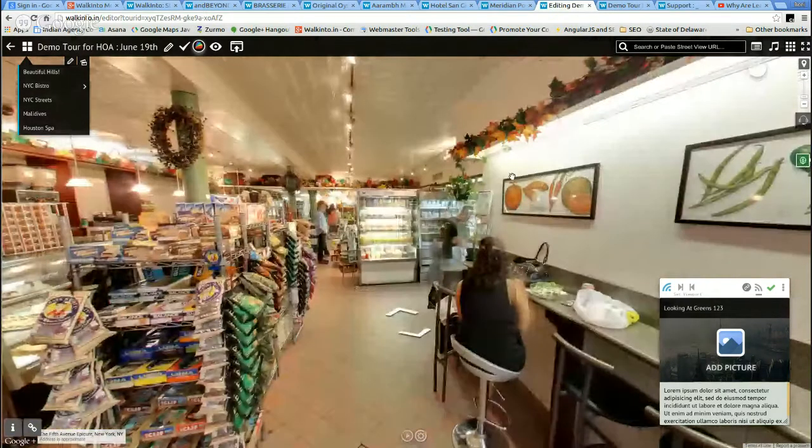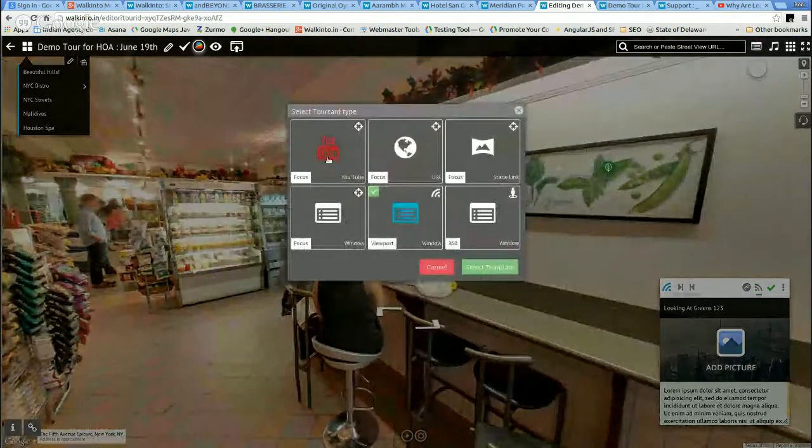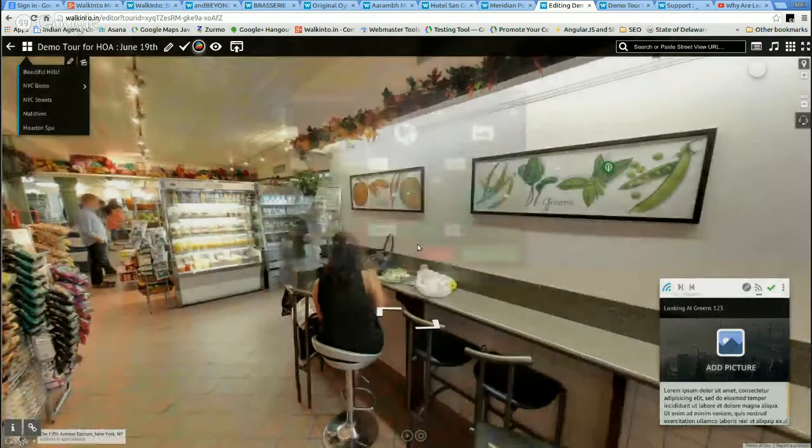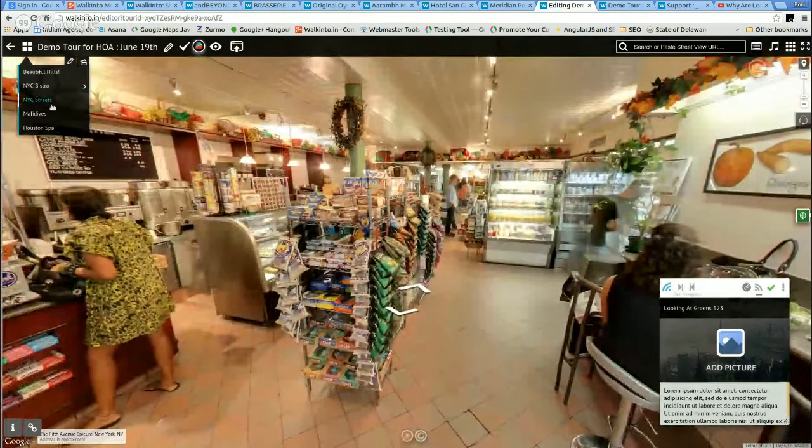Okay, so we saw two types of toolcards. There are different types of toolcards, but I'm not going to go into all the details of this. Scene link is something that I really want to show how to use. So to use scene links, you need to use another very interesting